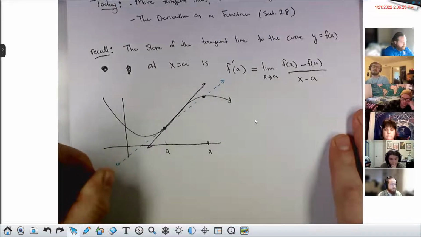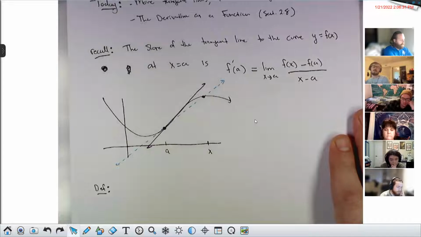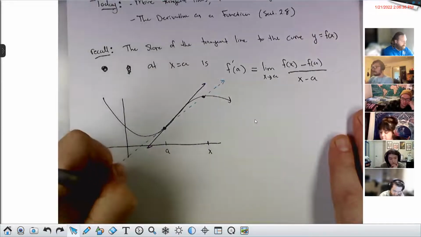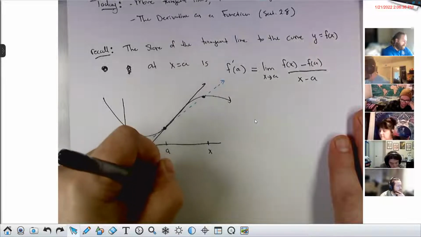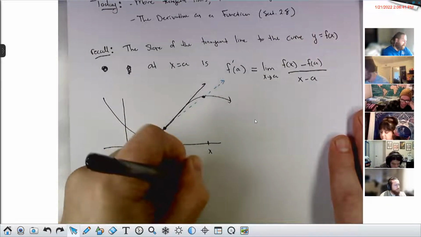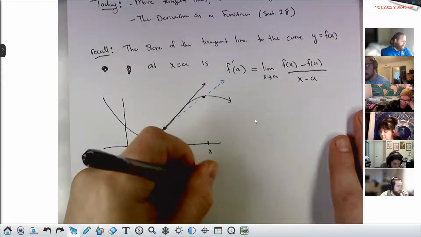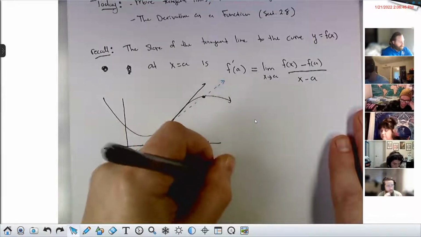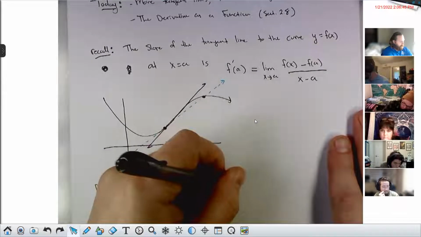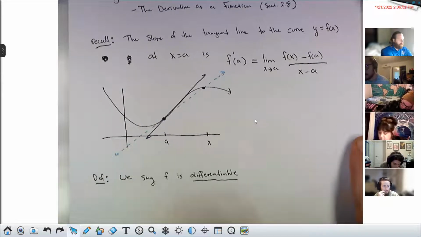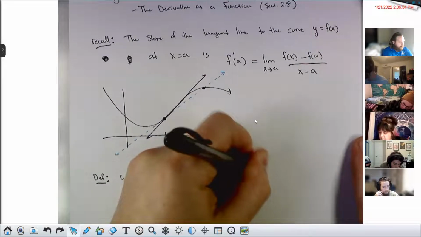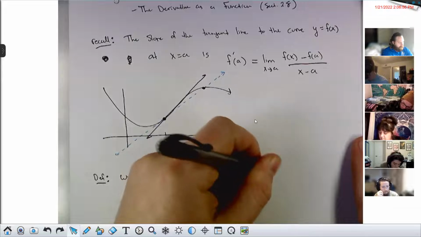I'll take this as a definition, right? We didn't say this last time, so this is the new stuff beginning. We say that f is differentiable. And I know that word is a real mouthful, differentiable. I'll abbreviate this as diffbul